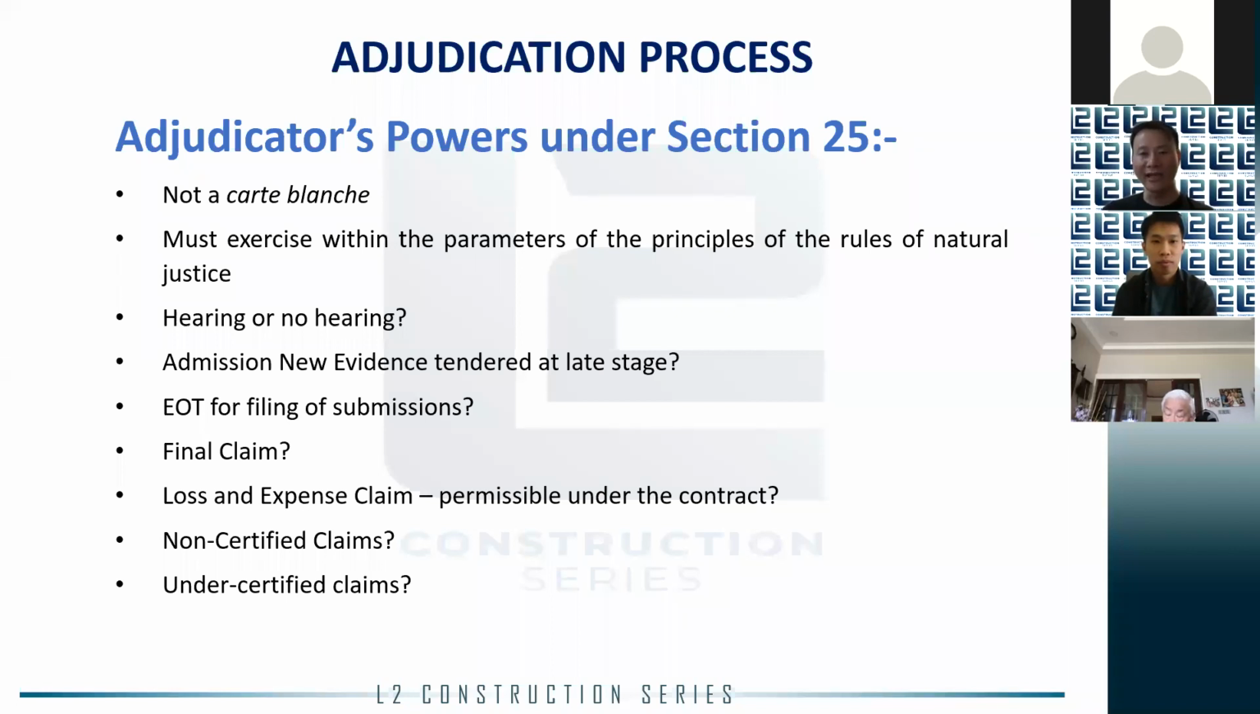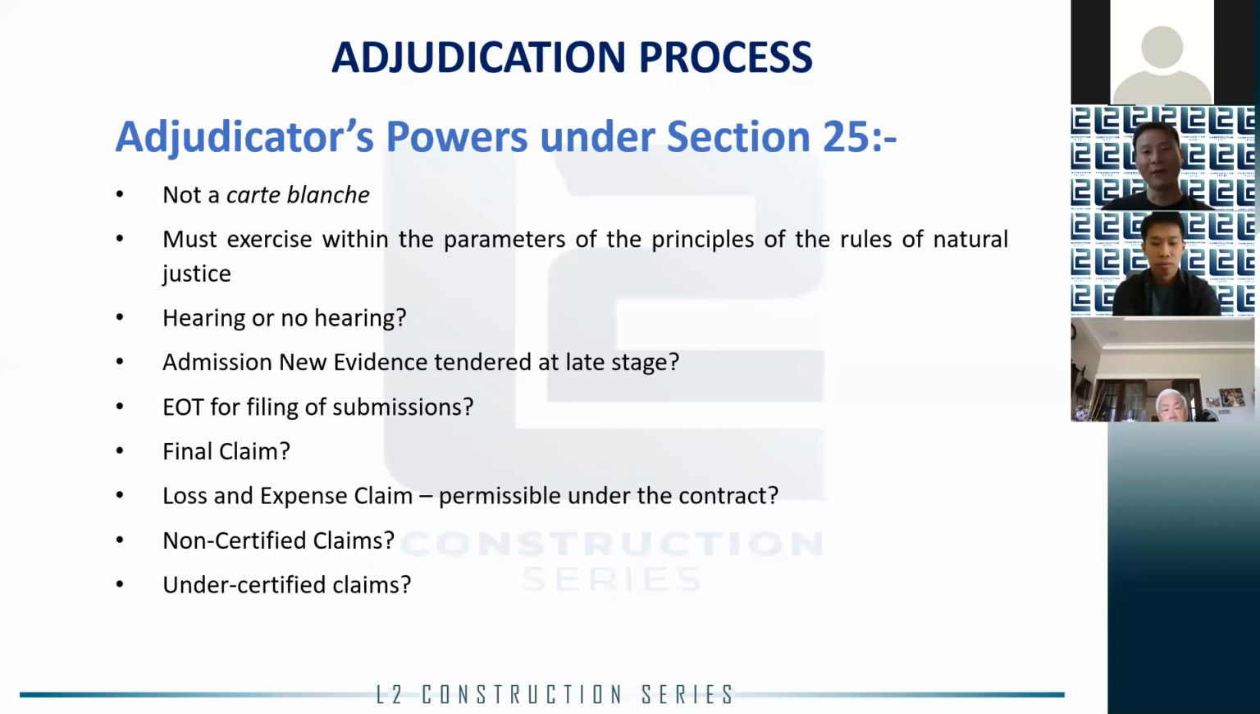You can only exercise the power within the parameters of the law, within the rules of natural justice. After all, it's about procedural fairness. Even though CIPAA procedure is rough, it doesn't mean it tolerates flagrant disregard of the principle of natural justice. So the adjudicator must bear in mind, with the wide power, they will have to exercise it within the parameters